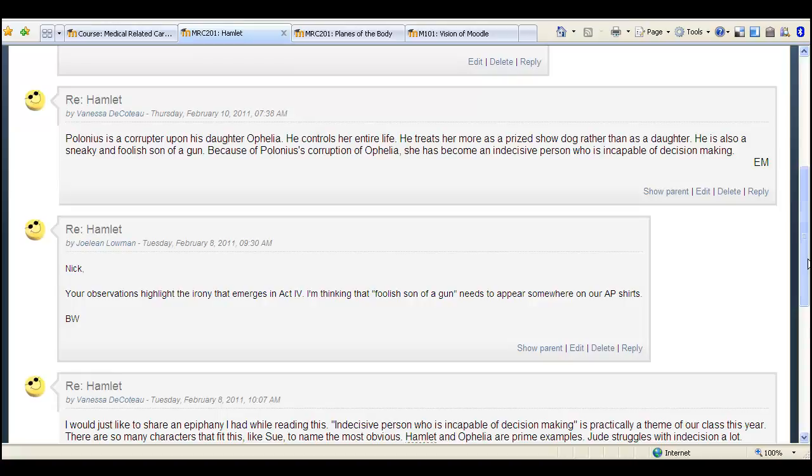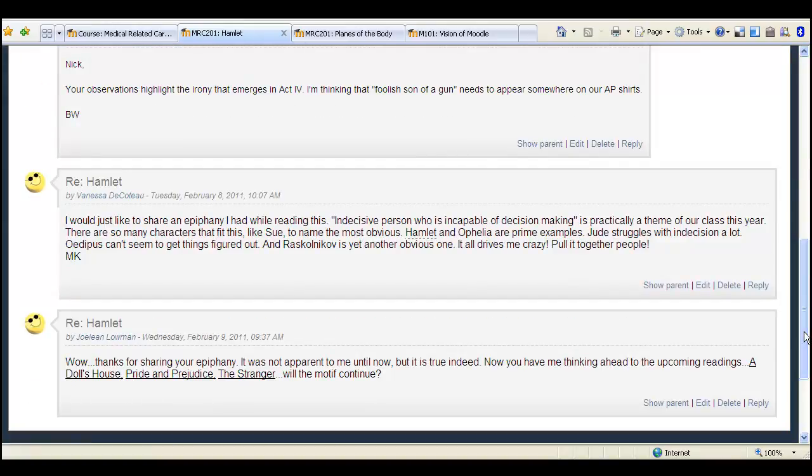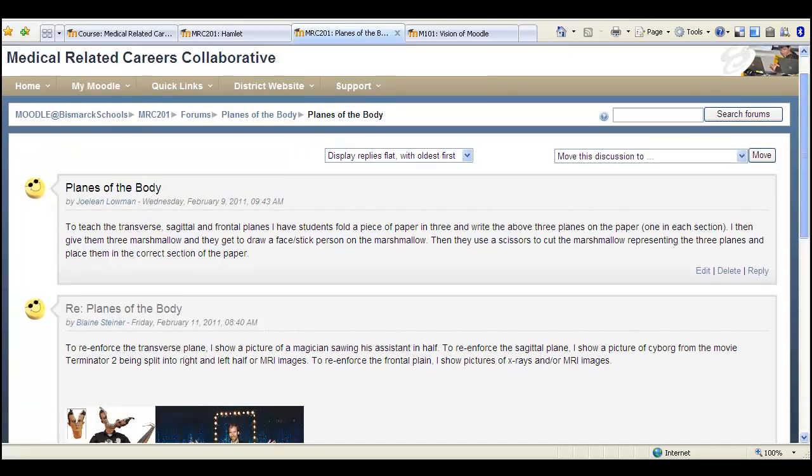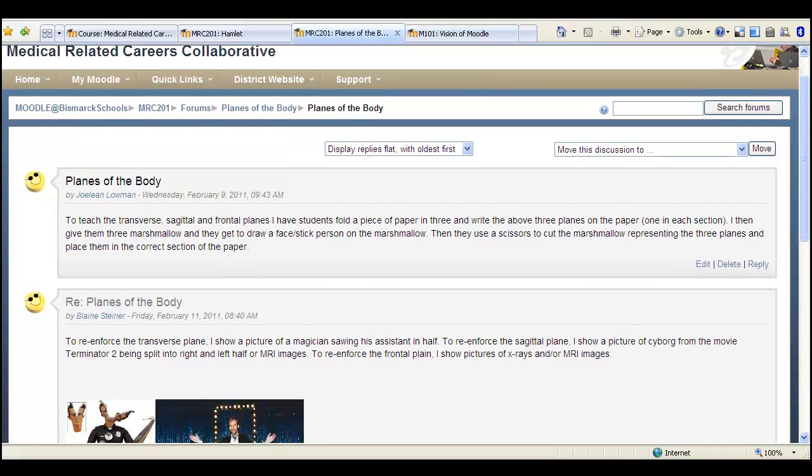Some other contexts in which you could use forums will be within your professional learning communities. If you have questions to others that you are working with regarding how they teach a particular topic, that's a great example of a place in which you could use a forum. For this first one,